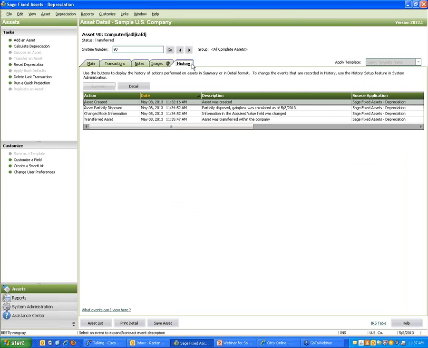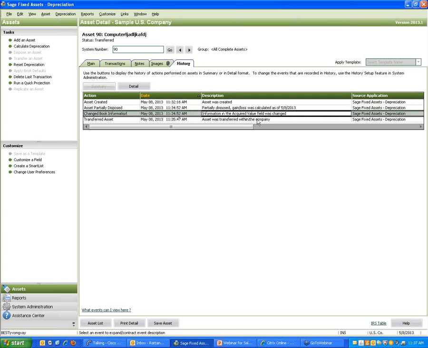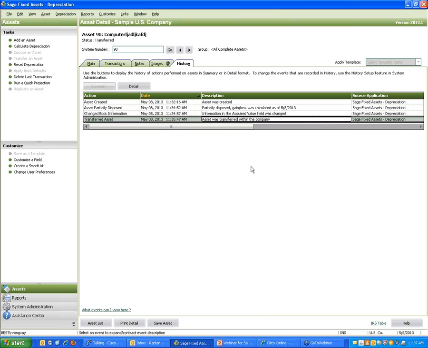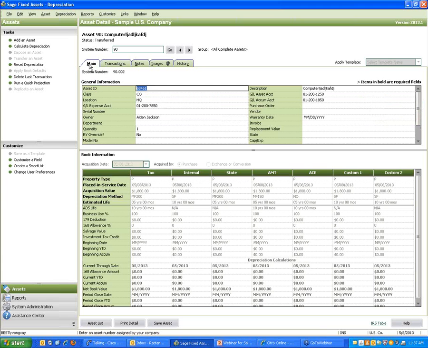The very last tab is our History tab, and as I was saying in the very beginning, you have full control over the type of history that's shown. We actually have this set up so that way we know when an asset is created, when it's partially disposed, some information changed on the book, and then we transfer this asset to a different location. So these are the 5 tabs that pertain to any particular asset. I'm going to go ahead and save this asset right now